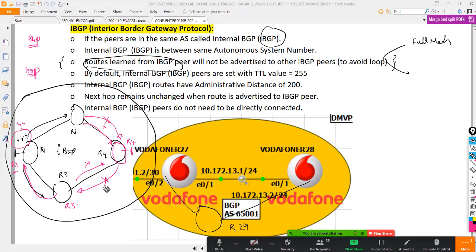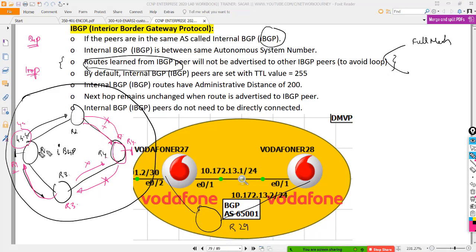So to avoid this looping, and at the same time I need my R4 to know what 4.4.4.4 is, I have two options. Either I can go with full mesh or route reflector. Okay, what is full mesh? Full mesh is a scenario where I will cable a link between R1 and R4.